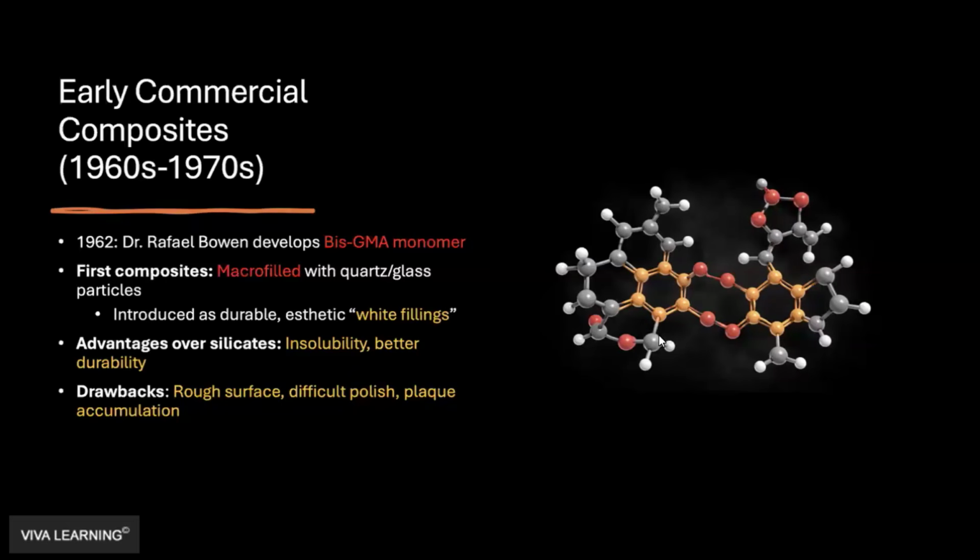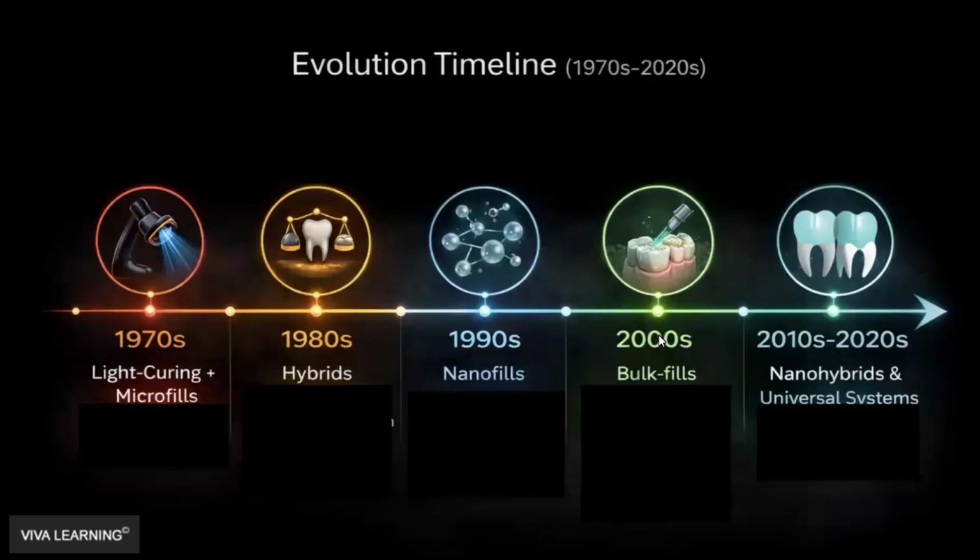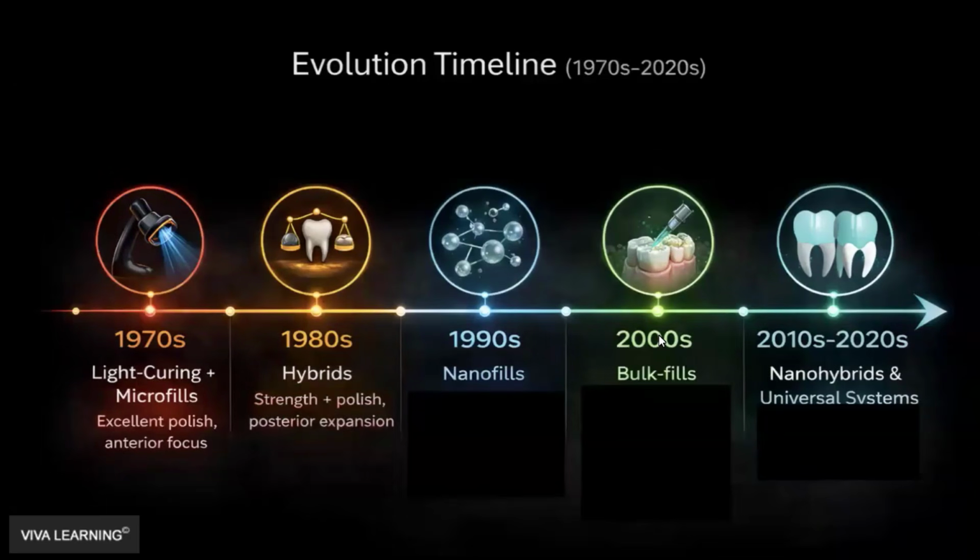It was way too bumpy on the surface, and this led to higher failure rates and more plaque accumulation and a lot of other stuff happening. So basically, after several years of evolution in the composites, in the 70s was when we had the microfill. They started being a lot better in terms of polishing. The hybrid composite came in the 90s, a lot better, because they started mixing some of these composites and made them in a hybrid mode where it was a lot easier to polish, and you could put them in